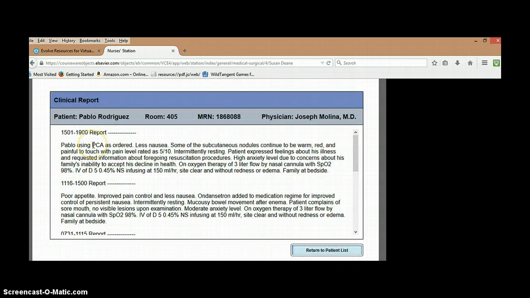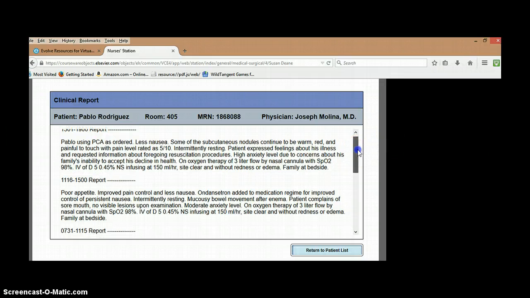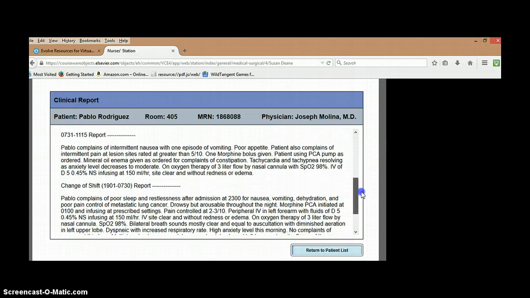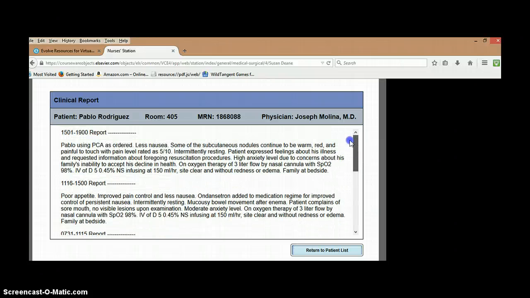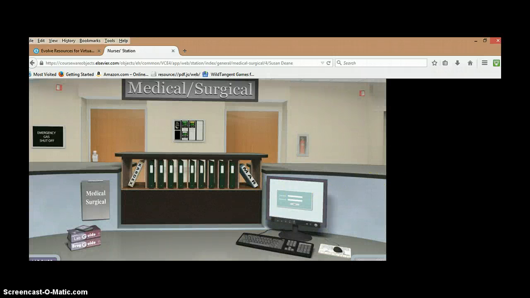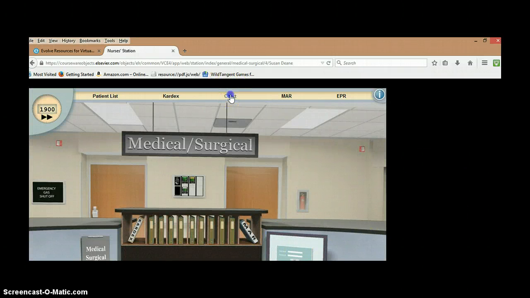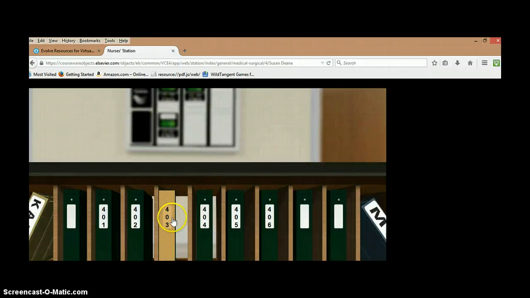so I have the patient Pablo Rodriguez, and I'm looking at the clinical report. Big thing here is, as you see, you need to scroll down and get all of the information. This is important as you go on, as you see the chart. We're going to go back to